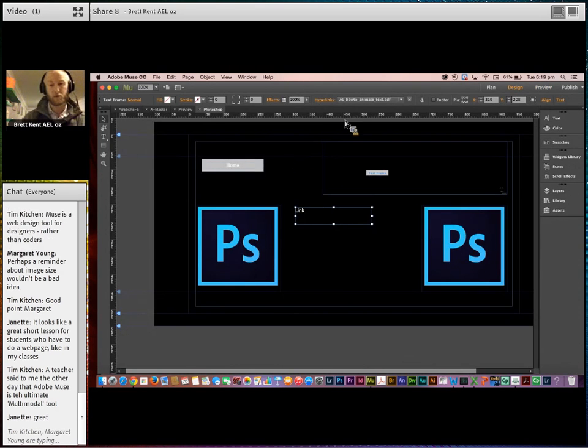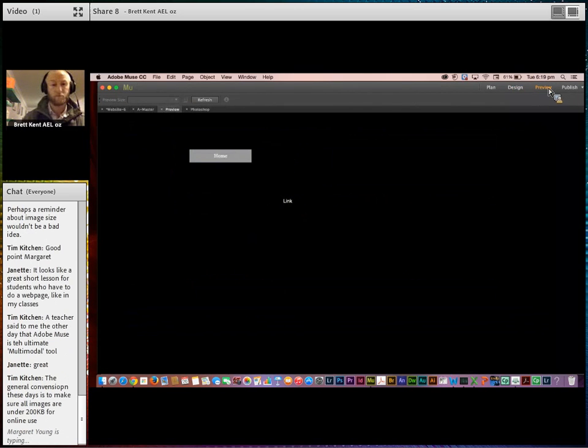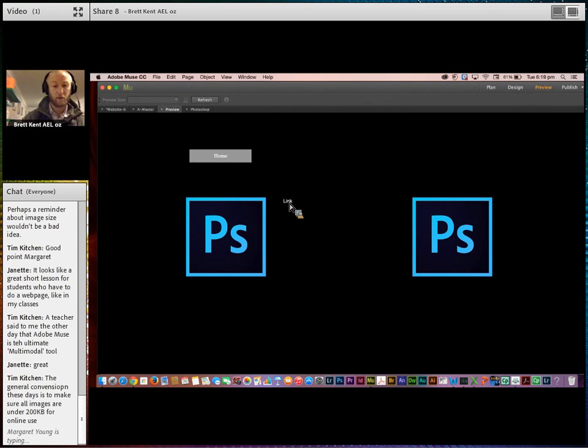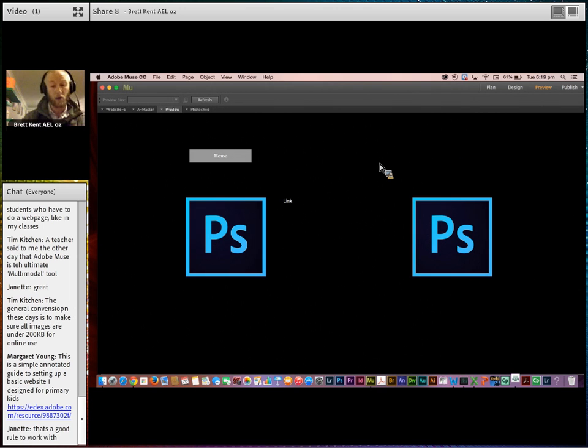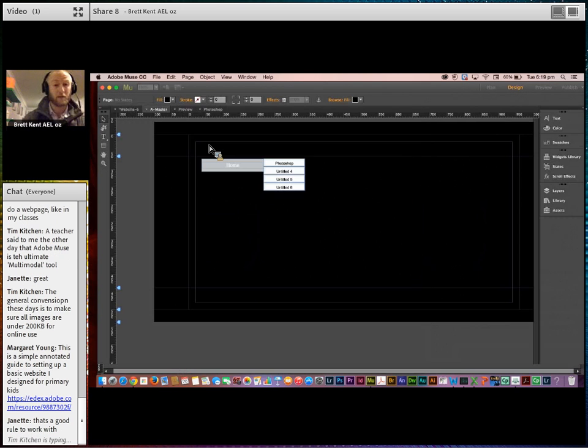come back to my Photoshop page, sorry, preview, this here, if I click on it, nothing happens. It's one of those things that this is only a superficial view of the overall preview. If I want to see how this really works, I'm going to have to actually publish it. And it doesn't actually load that until it publishes, which is one of those things that took me a little while to get my head around. That if I click on that, after it's been published and after it's been uploaded to the web, then it'll boot over, because of the fact that this,